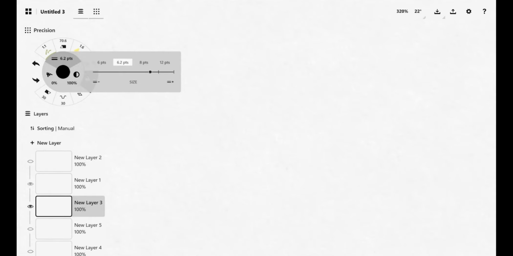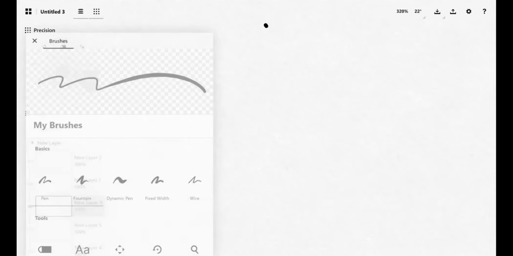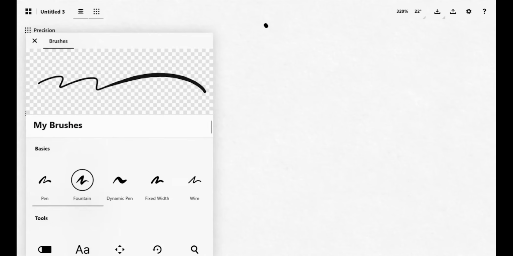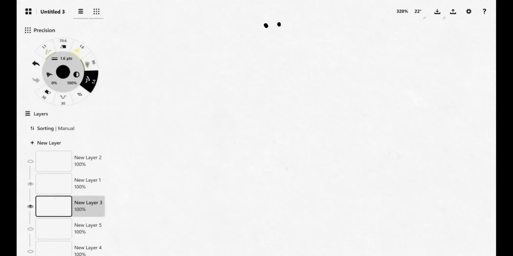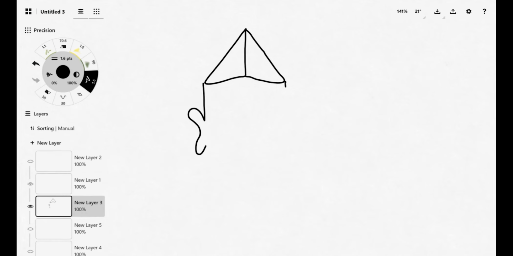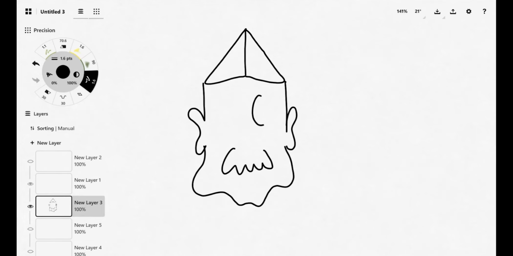Okay, so let me take the pen now. For example, when I am trying to create an illustration of a politician, and when I'm trying to do anything, it comprises basic shapes.